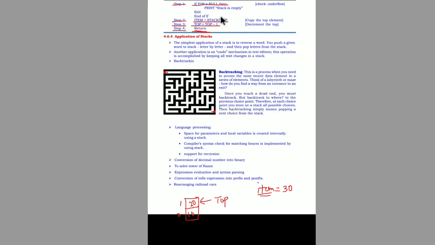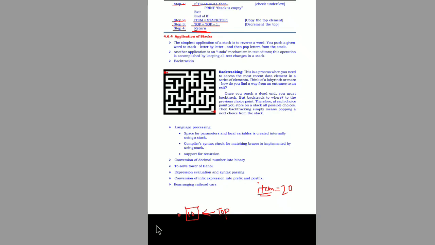If you perform the pop operation once again on this stack, 20 is the top element. What happens here is, again, the first condition becomes false. In step number 2, the top element, right now 20, will be copied into a variable called item. And again we decrement the top pointer to point to location number 0. Now the top pointer will point to location number 0, so that the element 20 will be deleted from that stack. So there will be only one item in the stack now.